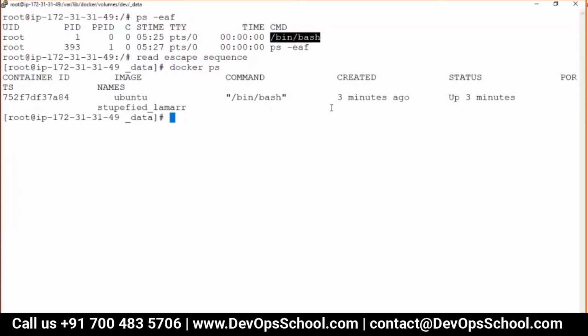Because it's a process, do not treat a container in a different way. Did you understand that, guys? Host driver, yes. By the way, this host driver was there in VMware also. I don't know how many of you have used it. It's been there for the last 18 years, I guess, or more.